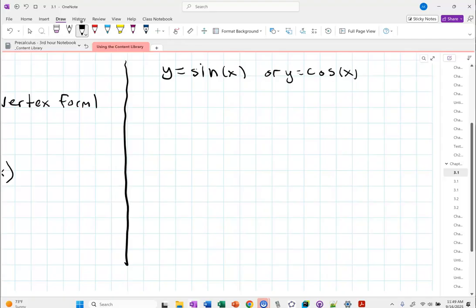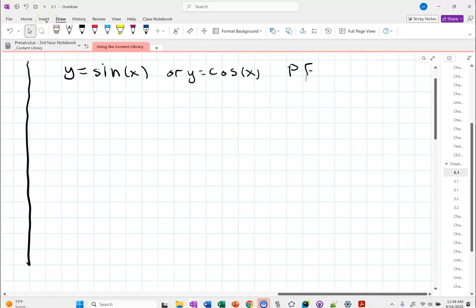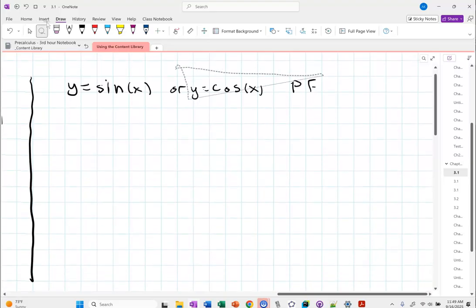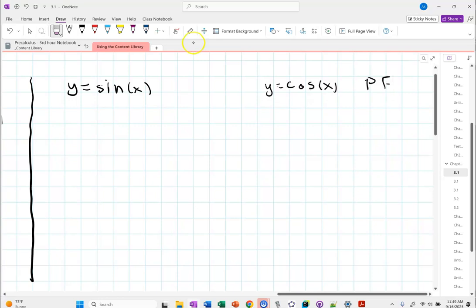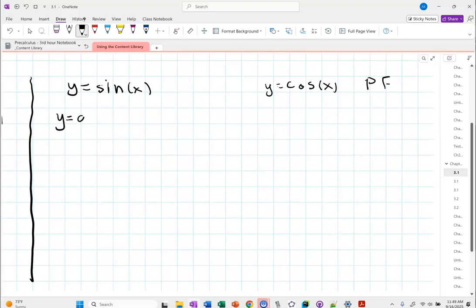Everybody's okay with that? So those are our parent functions. Actually, I'm going to scoot this a little bit over and make a little more space here. Our resultant function